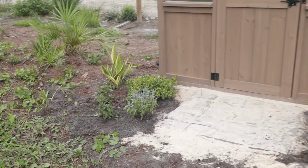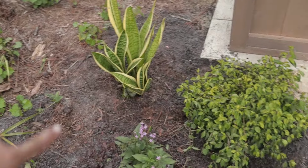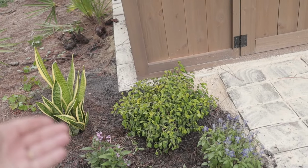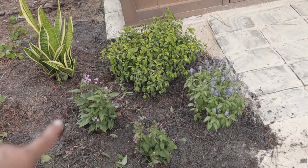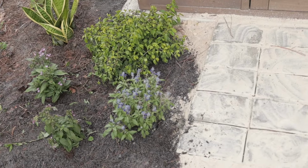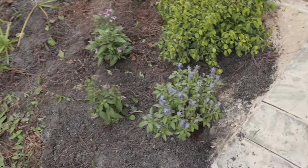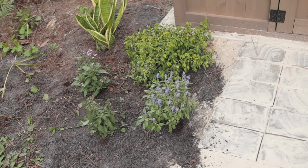Let me show you. Alright, so we have our snake plant over there. We have our, I keep forgetting what this is called, I think it's sky flower or something. Pentas here in the front, those two little pink ones, and then our salvia right here. It's a little bit closer to the walkway than I would have preferred, however, maybe I'll just end up trimming it a little bit that way and kind of training it,